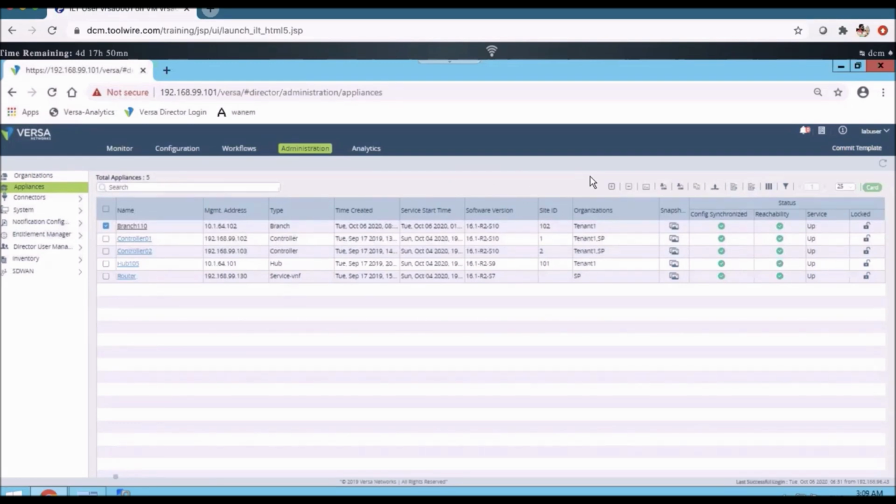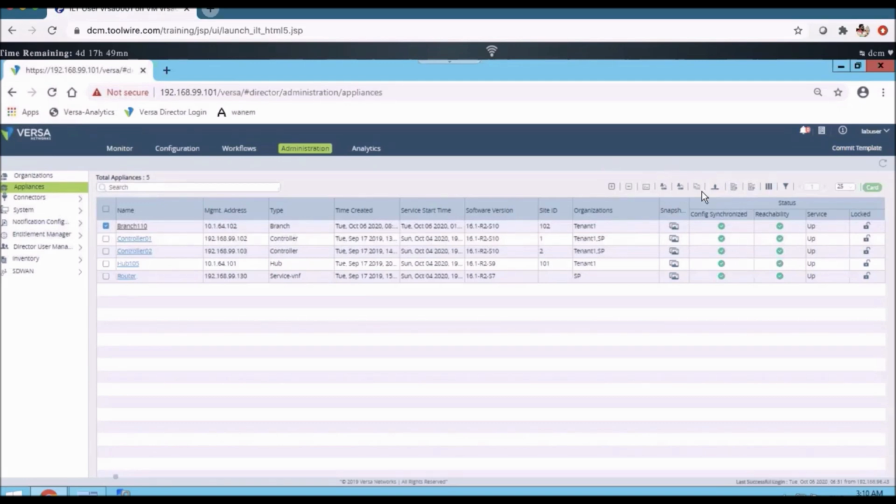Actually, for example, I have changed some configuration in the device, and that configuration is good, and I wanted to sync that configuration with the template.